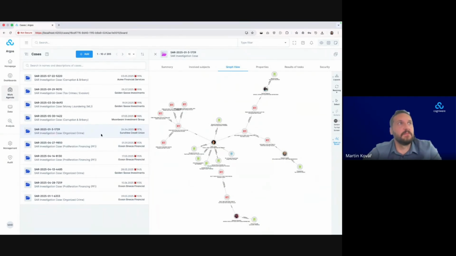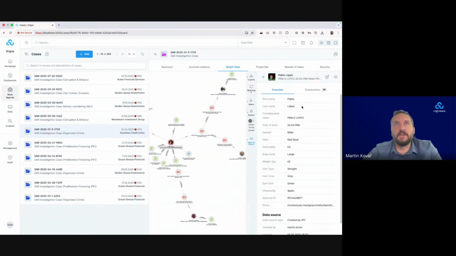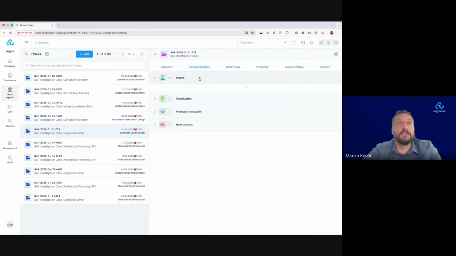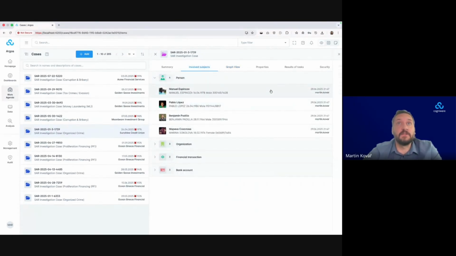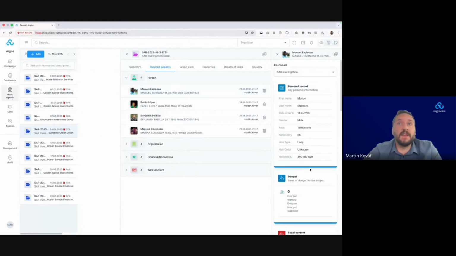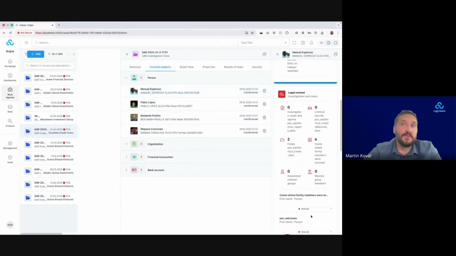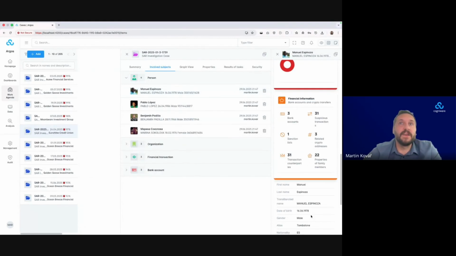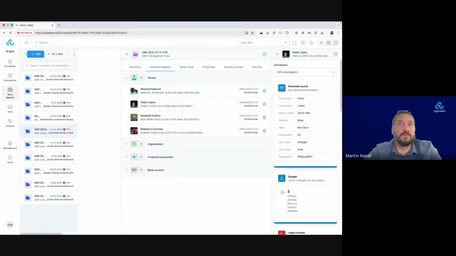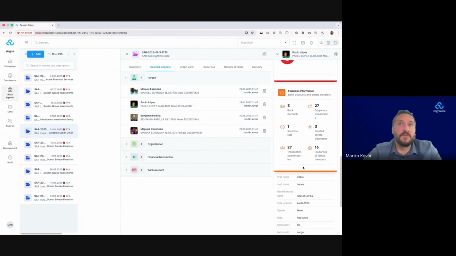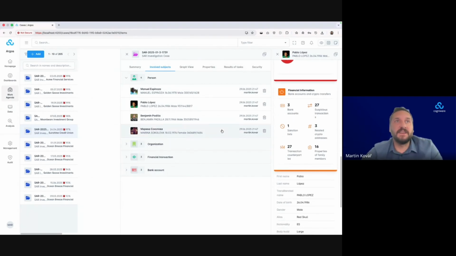Obviously, there is much more which we can focus on further. I think quite nice functionality is the dashboard itself for the objects. So if you want to explore the entities, you can predefine your own rules and indicators to spot the crucial information much quicker than just browsing through the properties and trying to see the linked data manually.